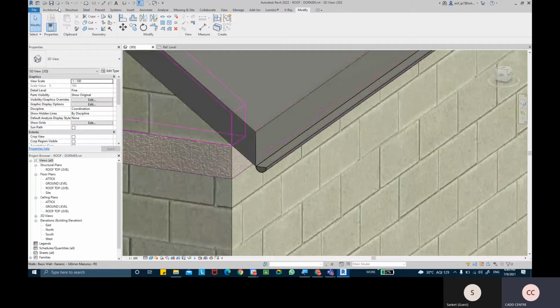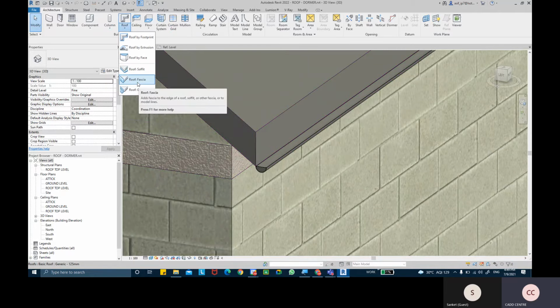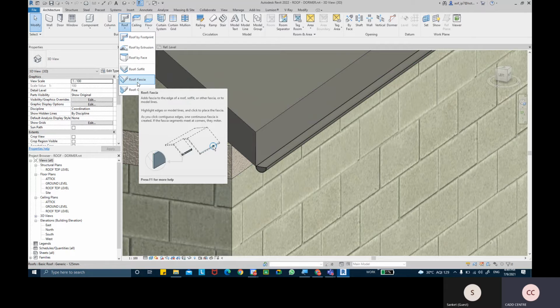Then if I come into the architectural tab, basically, yeah, this once again, if you go in roof, yeah, fascias, roof fascia.